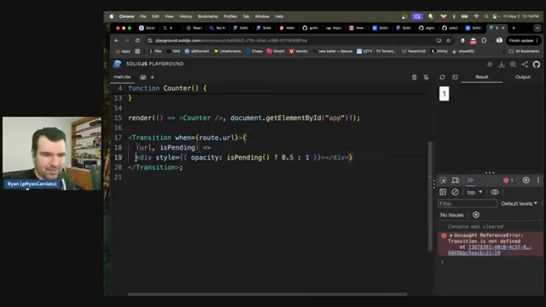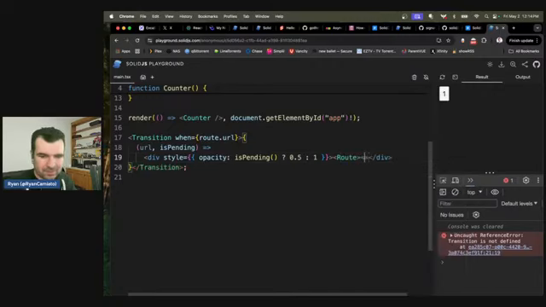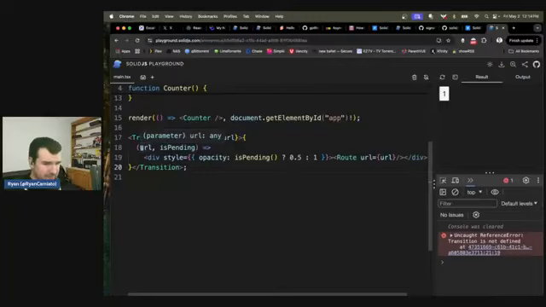Let me make this in a way that I can actually see it clearer. I've clearly broken the formatting here at the moment because there are errors on the page. But the idea is you could have some route component, I don't know, that's based on the URL. And as long as this was keyed to the URL, so basically whenever this URL changed, it re-rendered these children,